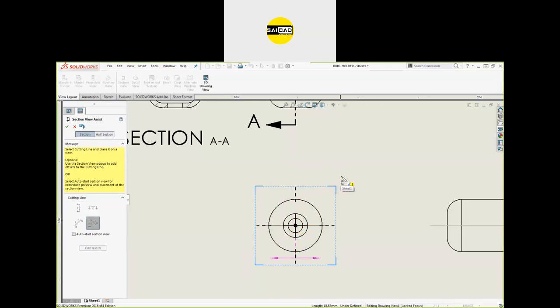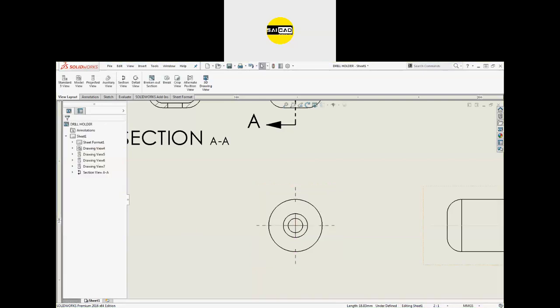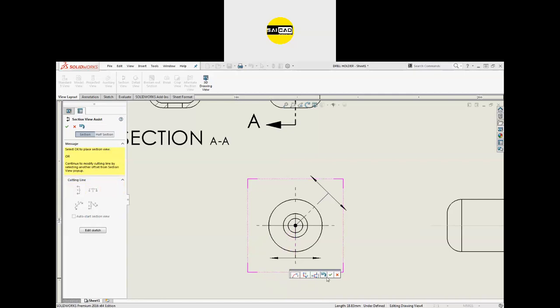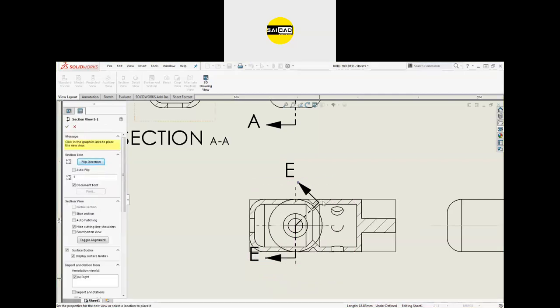Okay, again it is not running. So I'm just going to click, very slow. Okay, section. This one. Select the center. Now it is asking where you want this line. I want this line to be here. Okay, and where you want this line. I want this line to be here. Okay, so the section will be created according to that.